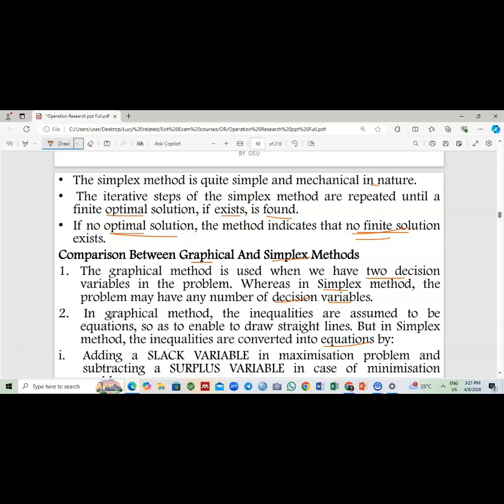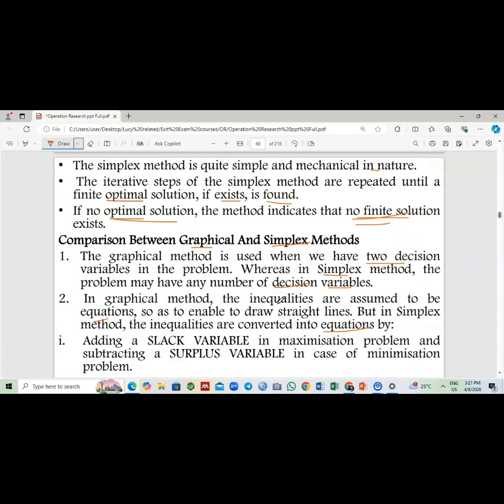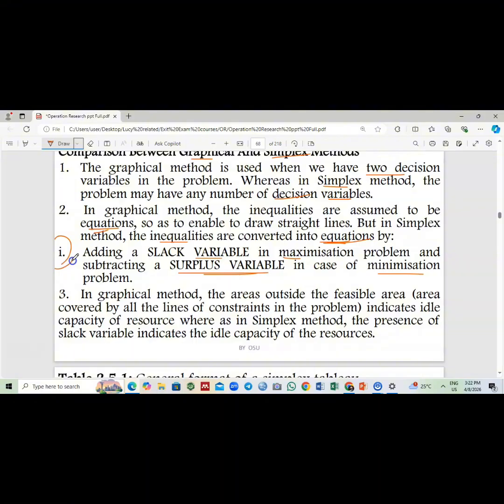In the graphical method the inequality is assumed to be an equation, like a straight line. But we have to add a slack variable in a maximization problem, and subtract a surplus variable in a minimization problem. This is in the simplex method, and it does not exist in the graphical method. So in the graphical method, the areas outside the feasible area, or the area covered by all the lines of constraint in the problem,